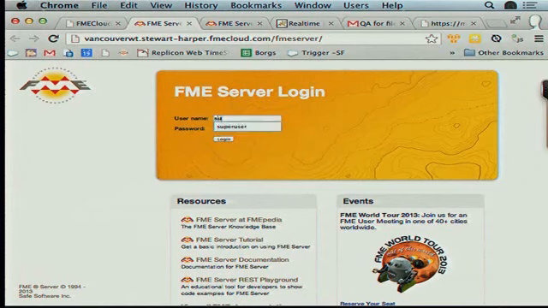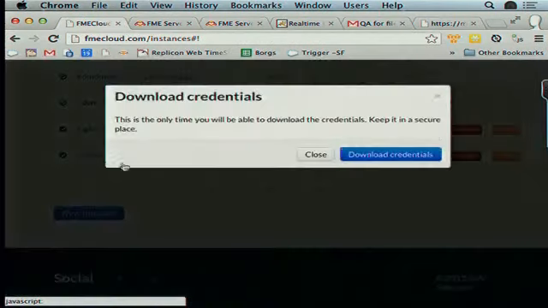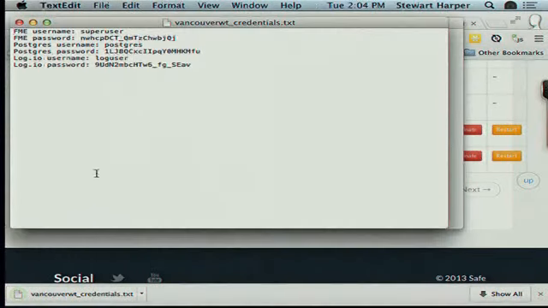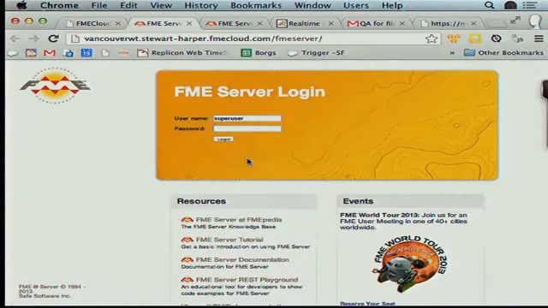So what's our login? Well, obviously, we don't want to do the traditional admin username and password. So what we do is we allow you to download the credentials once for that server. So you can download the credentials, and you can see here there's a big long hash password. We don't even store this on the server. It's basically just gone now. So we can log in,